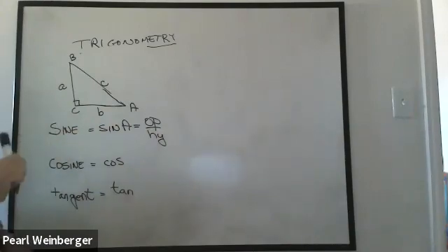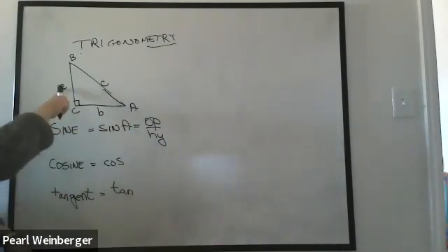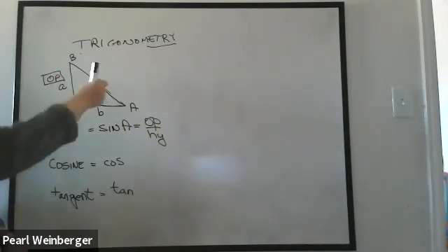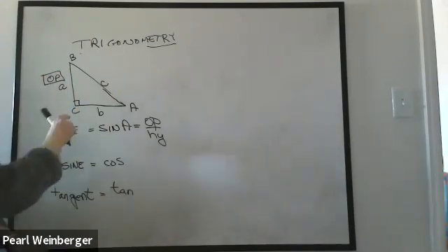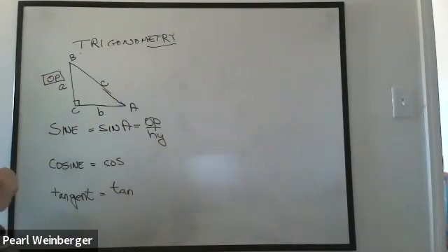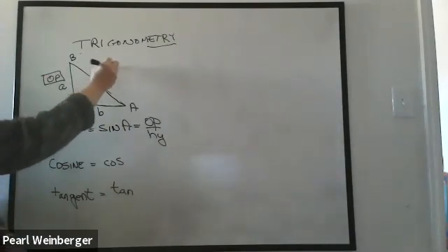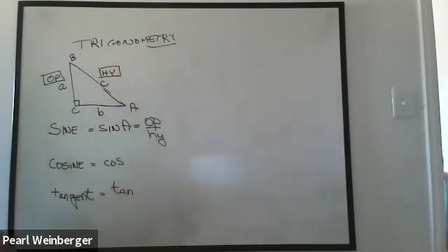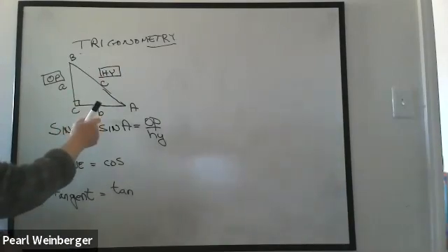If I look at angle A right here, I have 3 sides. In relation to angle A, small a is a side that's opposite angle A. C is the side that's opposite angle C, which is the right angle. That is called the hypotenuse. So the hypotenuse is always the side of the right triangle that's opposite the right angle. And the third side,